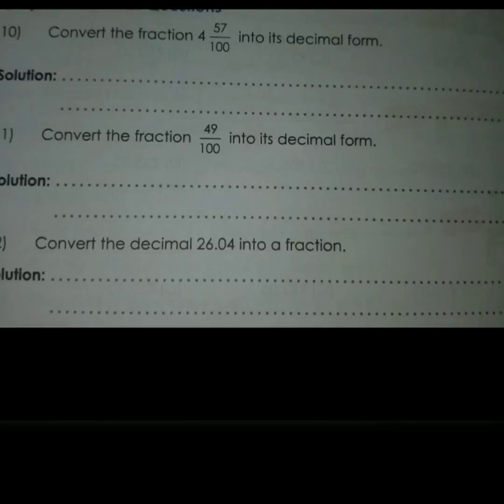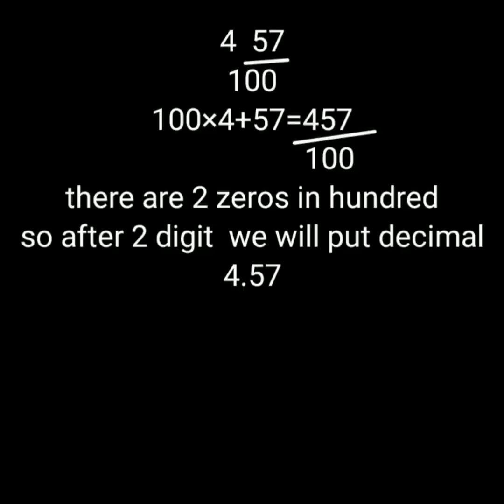So students, let us see how to convert fractions into decimal form. The first question says convert the fraction 4 57/100 into decimal form. Here you can see this is a mixed fraction. As we have learned in the fraction chapter how to convert a mixed fraction into an improper fraction, let us see. Here you can see the question is 4 57/100. It is a mixed fraction. So first we will convert it into a fraction. After converting the mixed fraction into a fraction, it comes to